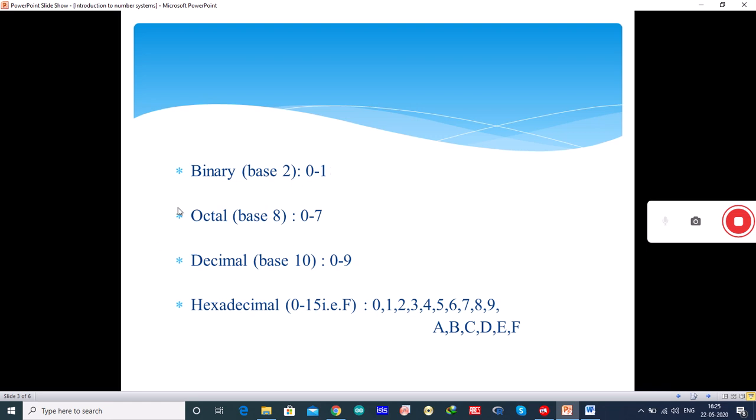If you consider the octal number system, it has base 8, so numbers start from 0 and end at 8 minus 1, that is 7. In the case of hexadecimal, it goes from 0 to 16 minus 1, that is 15. But after 9, we have 10, which is written as 1, 0, and the digits would be repeated; 11 would be 1, 1. So instead, I take 10 as A and 11 as B. We write 12 as C, 13 as D, 14 as E and 15 as F in the hexadecimal number system.